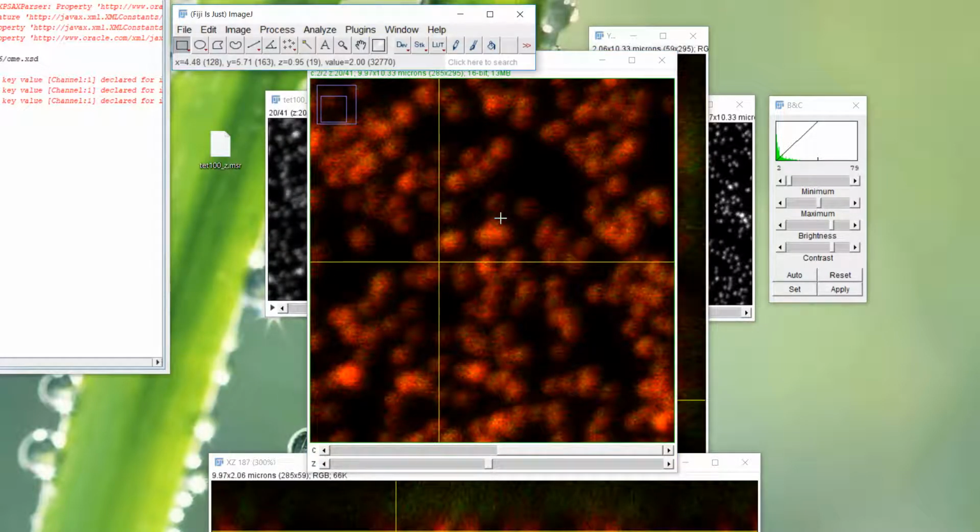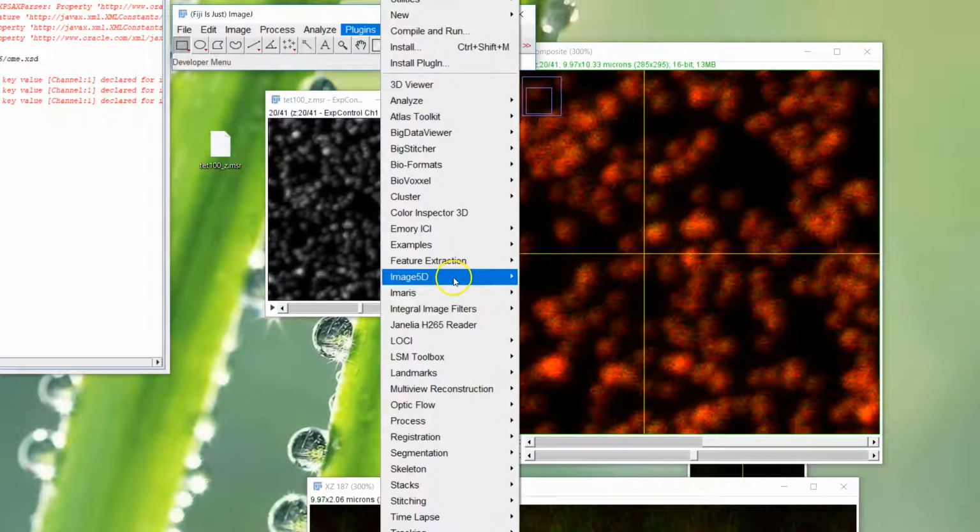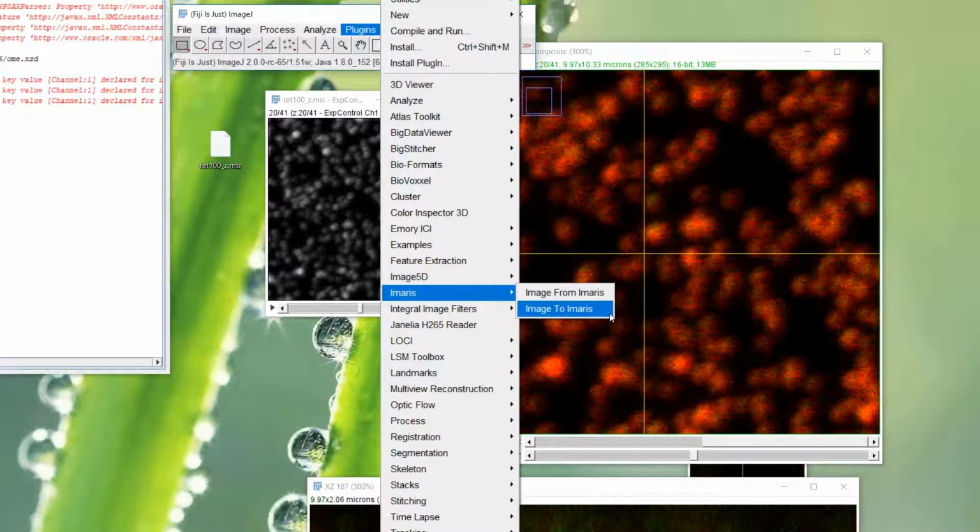From this point, we can potentially export and then take it into something like Imaris if we need to. If you're running Imaris and actually you want to go straight to it, there's a plugin, Image to Imaris. So you can use that, open up Imaris and use that button just to send it in the back end of Imaris to save you having to export and then reload that. That's a quick